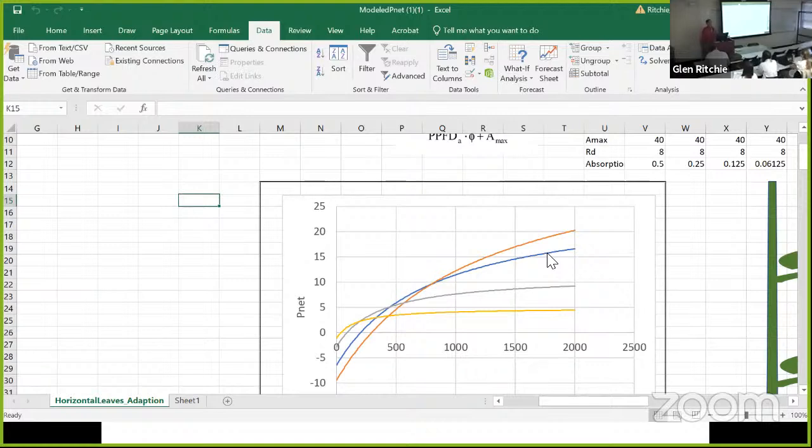Can anyone think of some crops that really exaggerate the capture of the most sunlight at the very top of the canopy late in the season? What's that? Corn. So, grapevines? Very possible. I don't know much about grapevines. Do they produce a layer of large leaves at the very top of the canopy? Okay, so corn, grapes. Describe what is going on with corn here, and let me hand you the microphone.